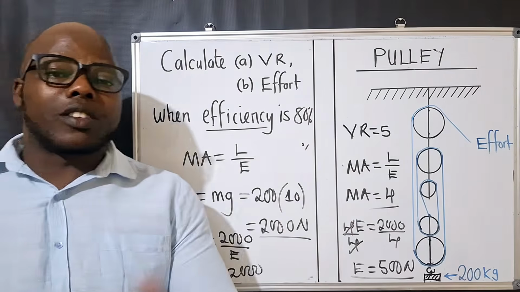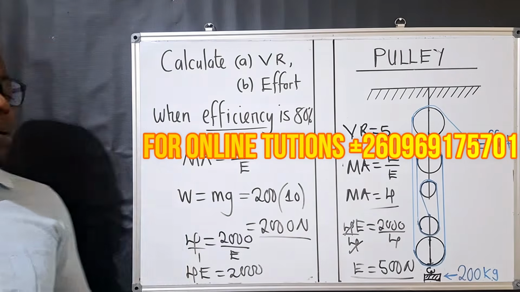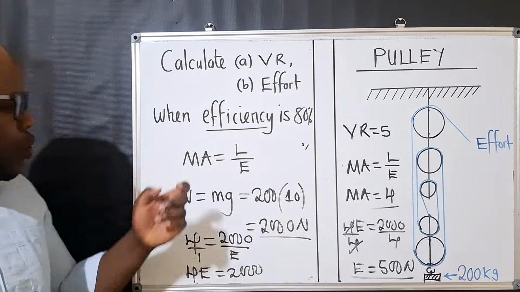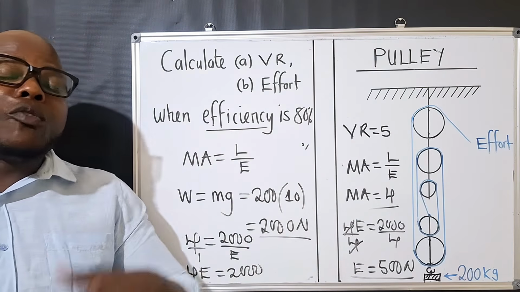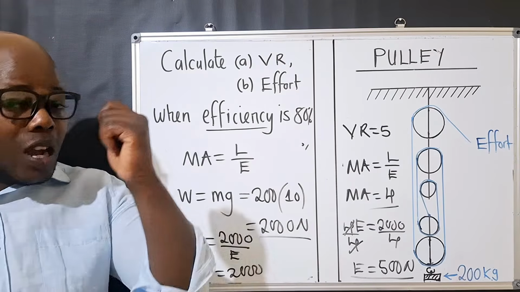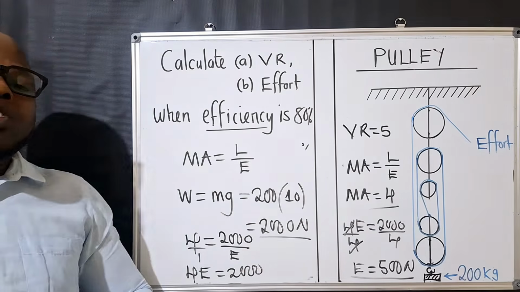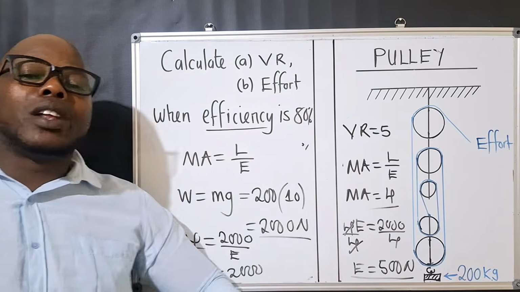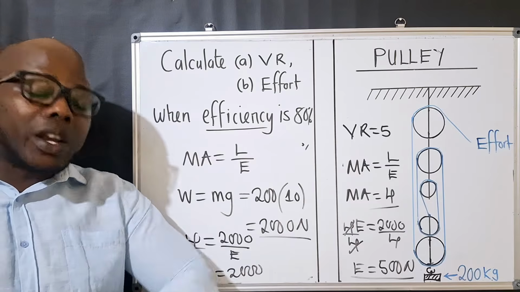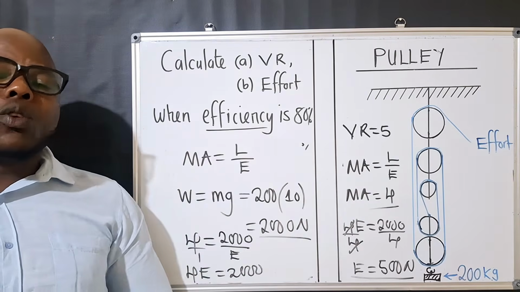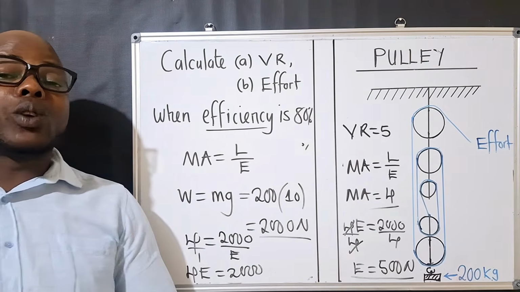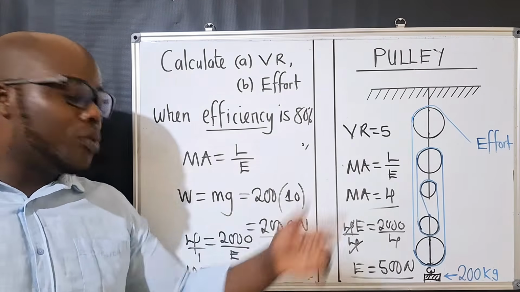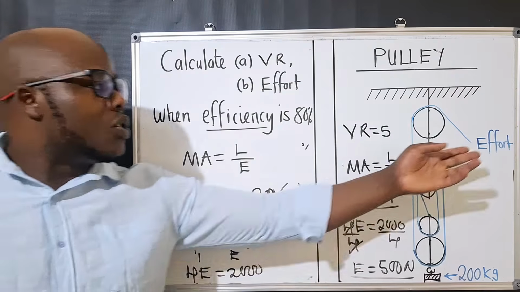I guess you're following. Let me just run you through a bit so that you understand what I'm talking about. When you've been given efficiency, the first thing you must consider is to use the formula for finding efficiency, which involves mechanical advantage and velocity ratio. Then you use the formula for finding mechanical advantage. For load here, if it's in kg, it means they have given you mass. To convert that to weight so that you can use it, for as long as it's in kgs, you multiply it by 10. And when you multiply it by 10, you use this formula by cross multiplication,